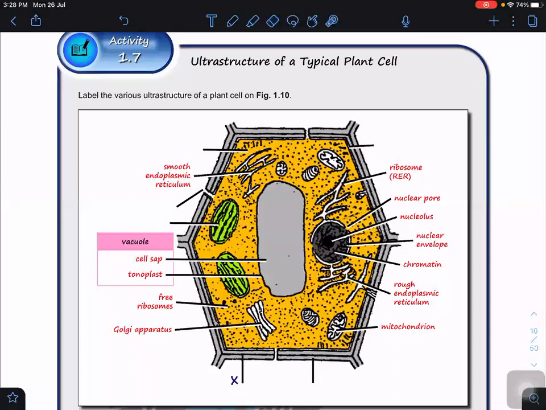The green colored structure here, with the lamella and the stack of grana, is called the chloroplast. Then the rest of the structure that I point to is the cytoplasm. And then where's the plasma membrane? Can you see the first layer, this one? This one is known as the plasma membrane.